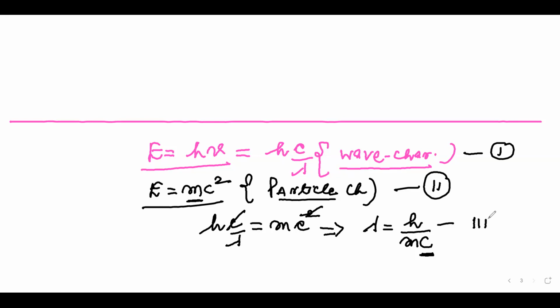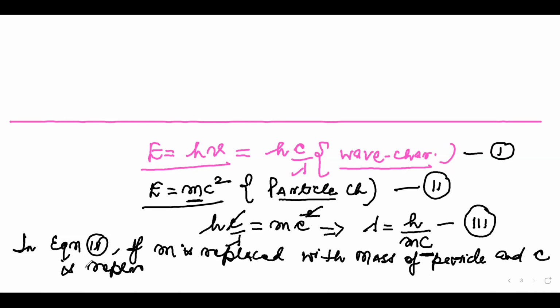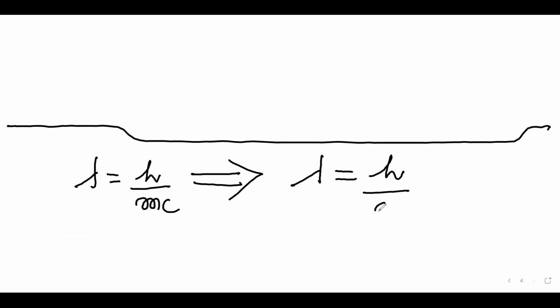So let's take it as equation number 3. In equation 3, if m is replaced with the mass of the particle, and c is replaced with the velocity of the particle, then this equation lambda is equal to h by mc gets modified as lambda is equal to h over